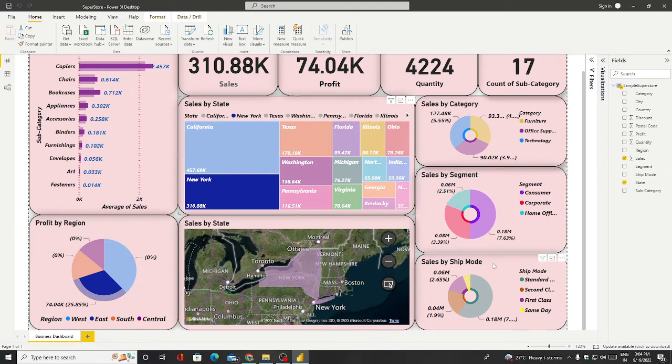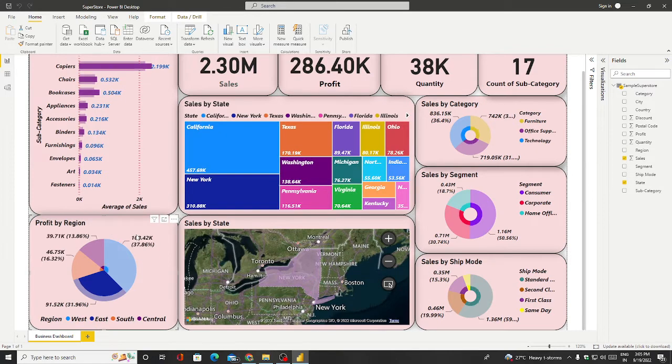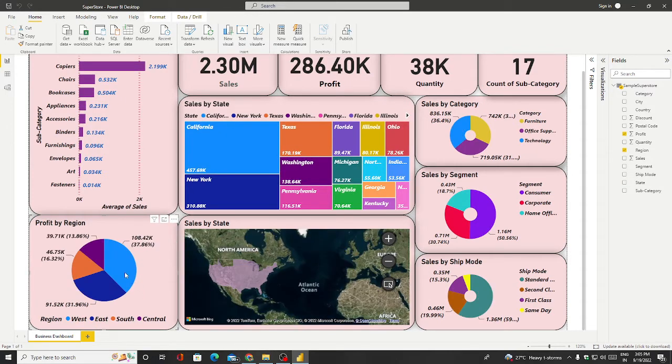Okay, and all the ship modes are same day delivery, first class delivery, second class delivery, and standard delivery. So you can also check the percentage with the sales amount. You can also check. So like this, if we go directly by region, then if we